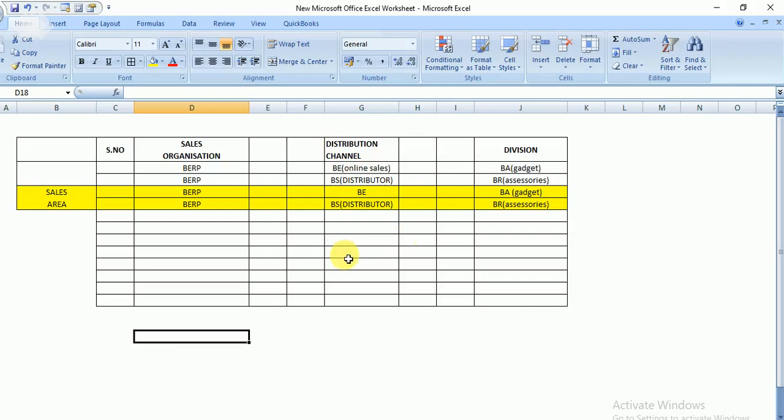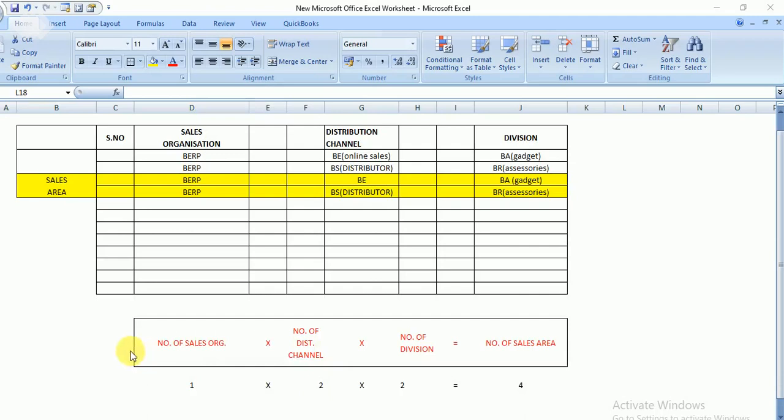So in order to avoid these entries, the common distribution channel and common division come into picture. You can see here, this is the thumb rule for determination of the number of sales areas.